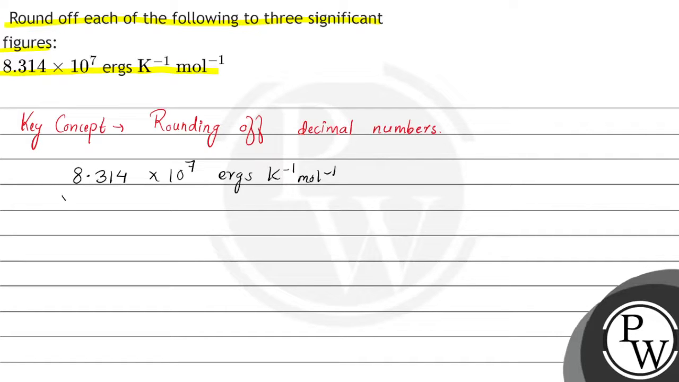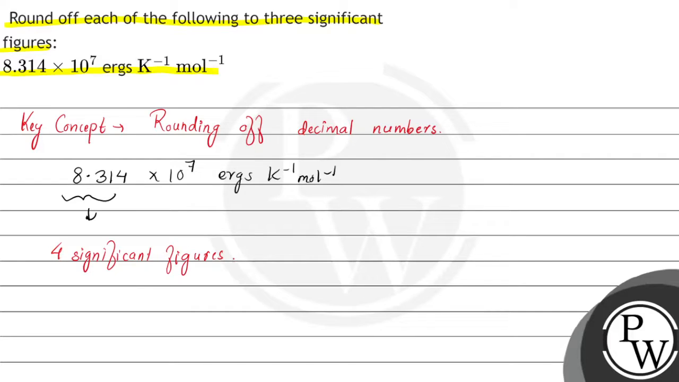And in this, 8.314 has four significant figures. ये सारे non-zero digits हैं और ये सारे digits, that is 8, 3, 1, 4, all four of these digits are significant because they are non-zero digits. It has four significant figures, and according to the significant figures rule,